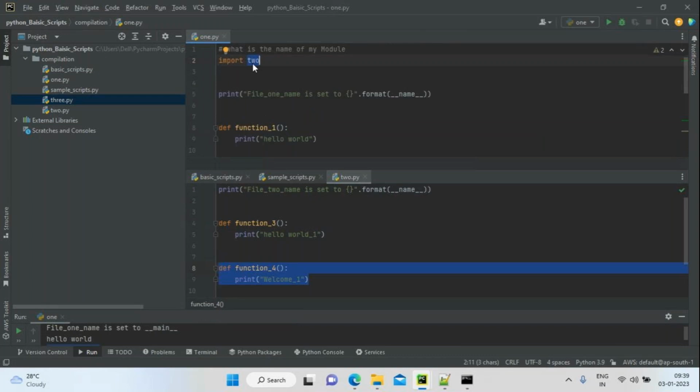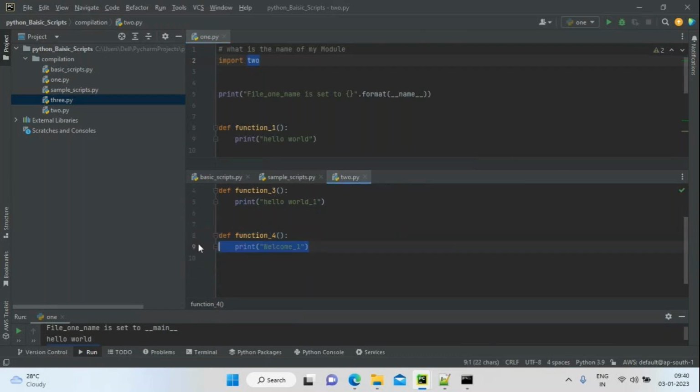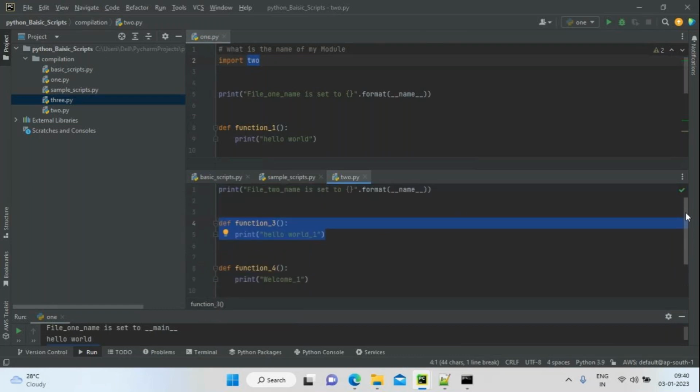If we want to run some functions or use some variables, it will take some memory, right? If I give import 2, it's going to take memory for all the functions in the 2 module during runtime, it's going to take all the memories.